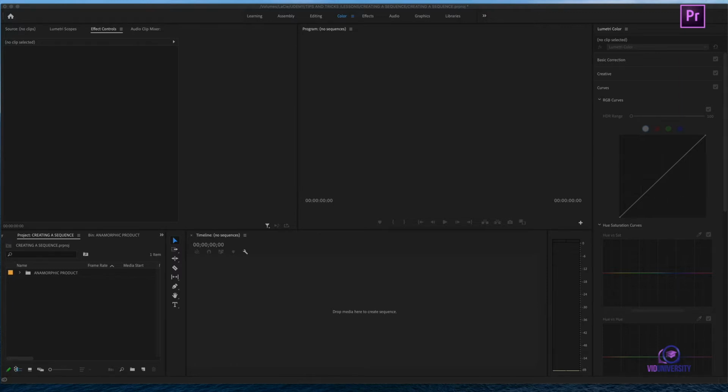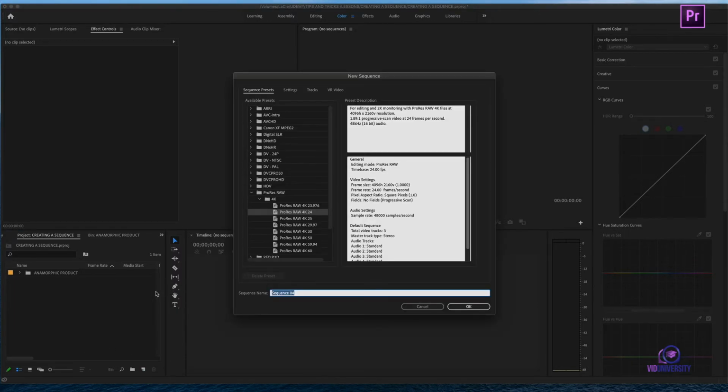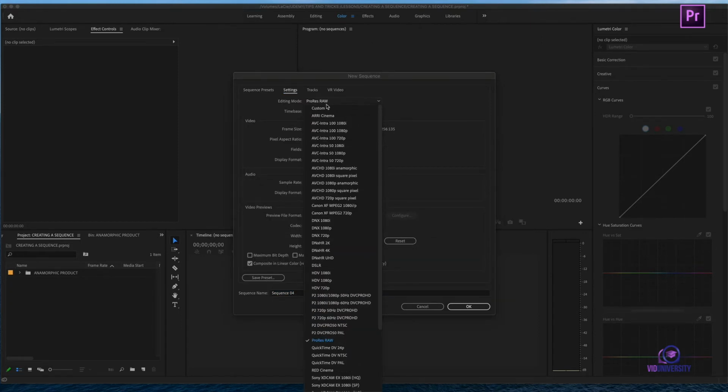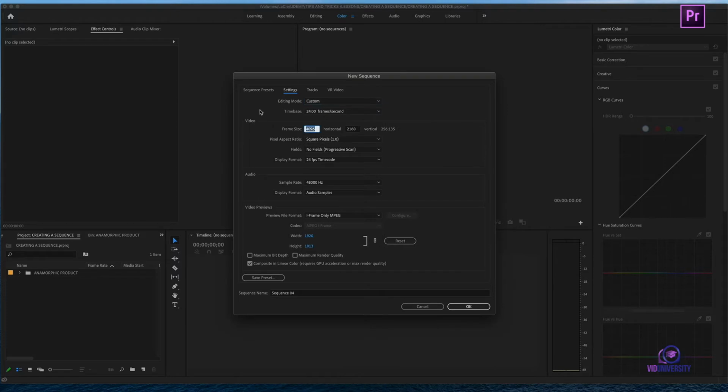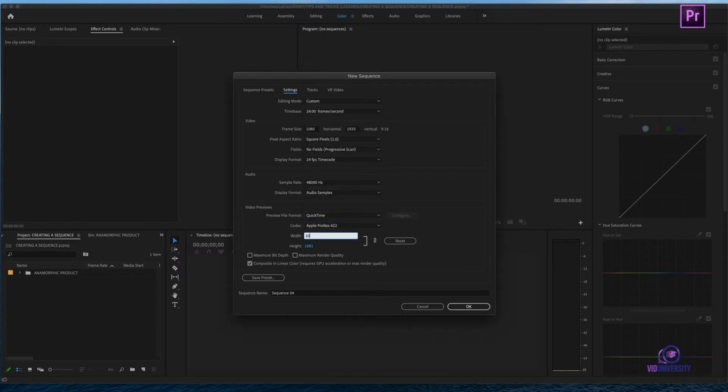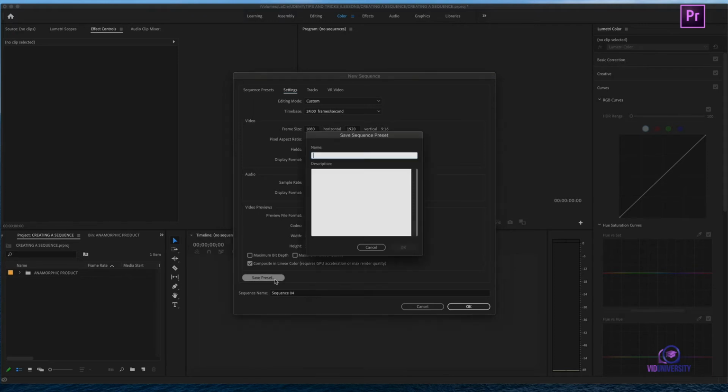So what you would do is you would head to create a new sequence, head over to settings, input the customization, and you are going to click on Save Preset. A dialog is going to come up, so I'm going to hit